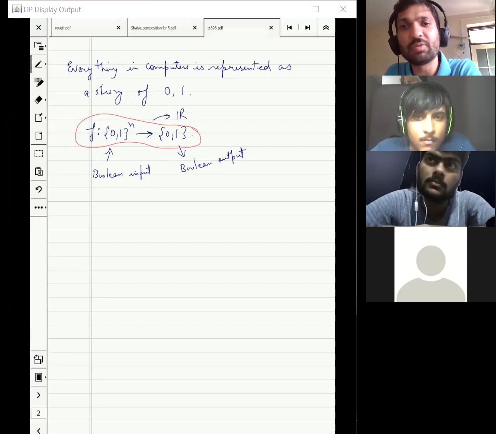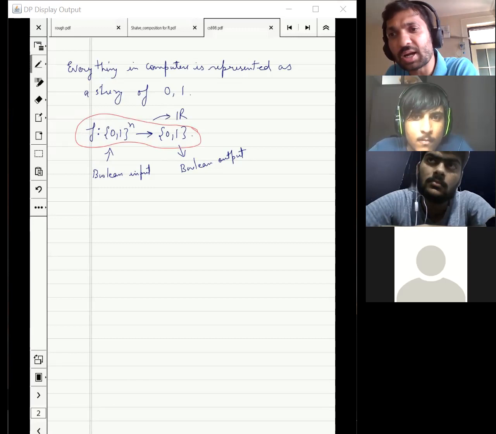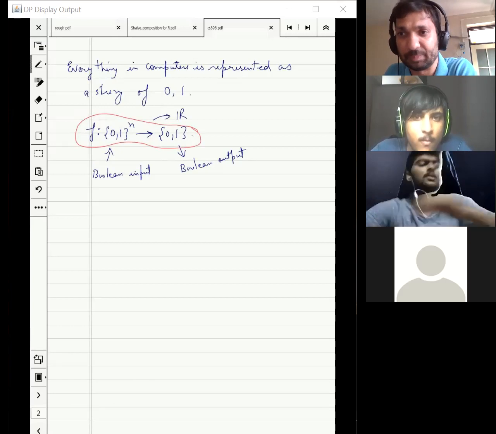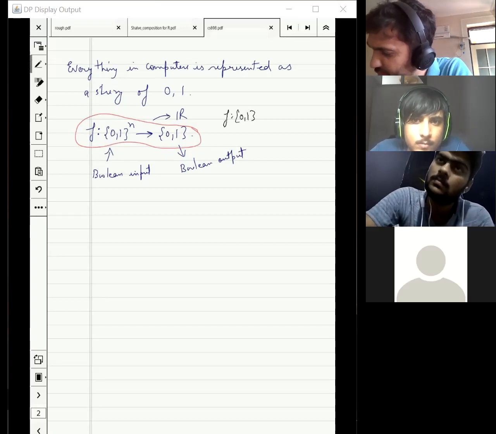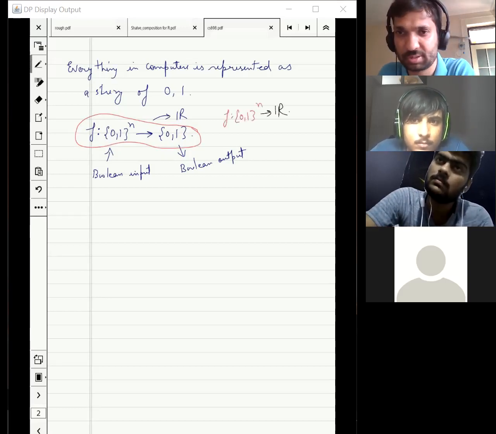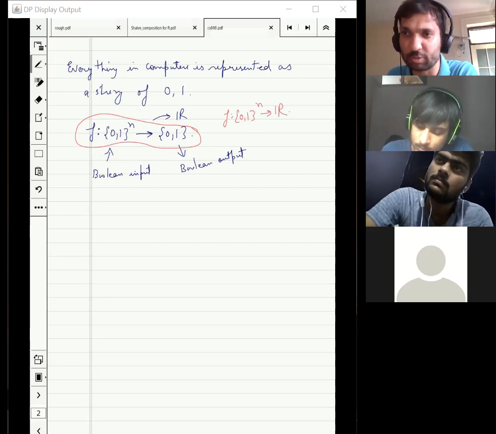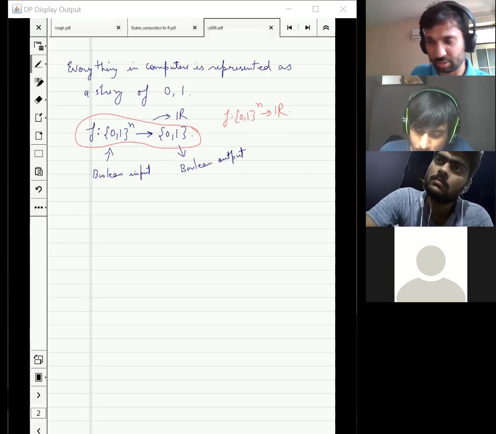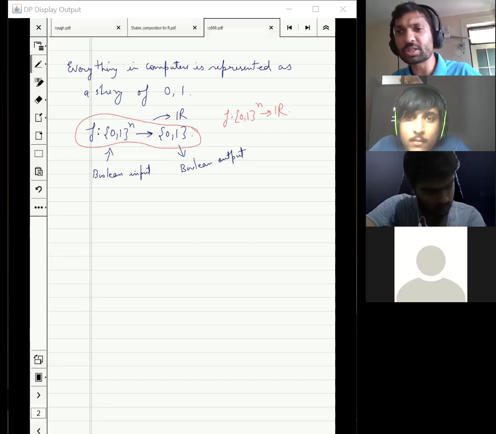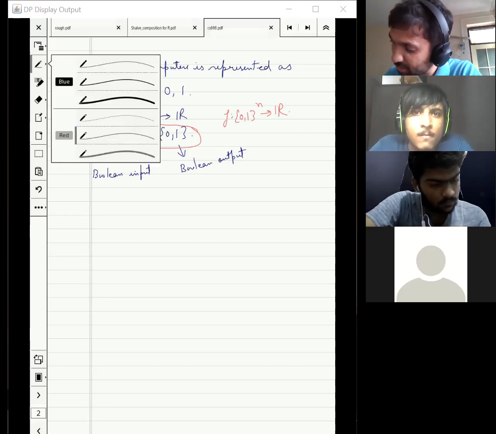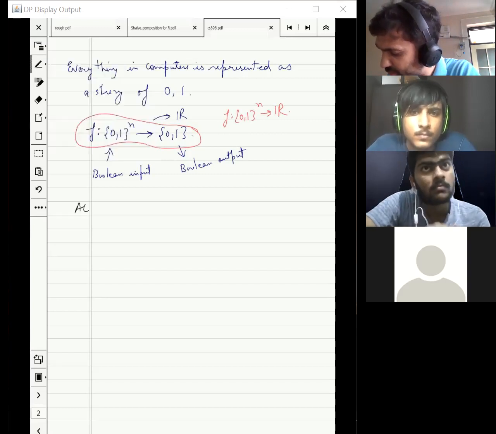Fortunately or unfortunately, even when the range is real, those functions are very closely related to Boolean functions. And we will be studying both of them in time. Okay. So even these functions are important for us. Obviously, Boolean functions are a subset of them. And both of them we will study during this course. Right? And now, since we know that everything is represented on computer as a Boolean string, then Boolean functions are important because they will give all transformations.